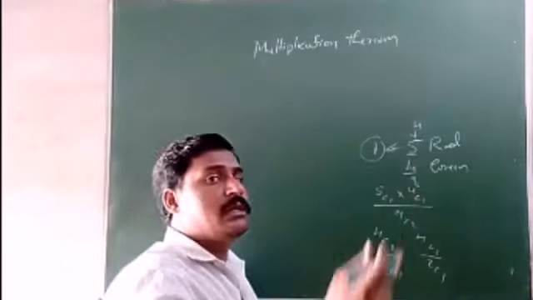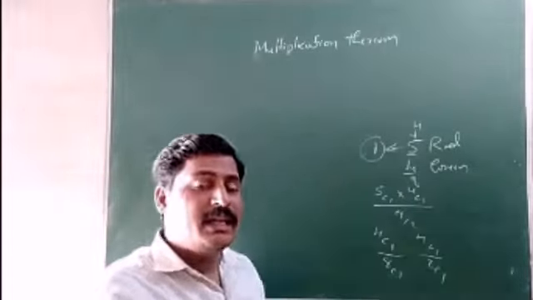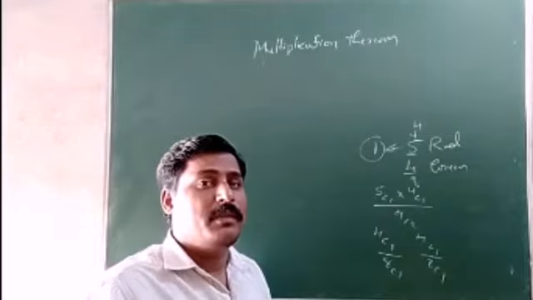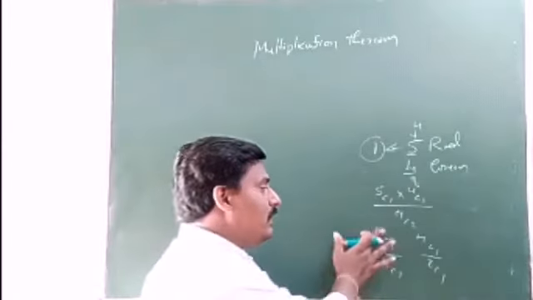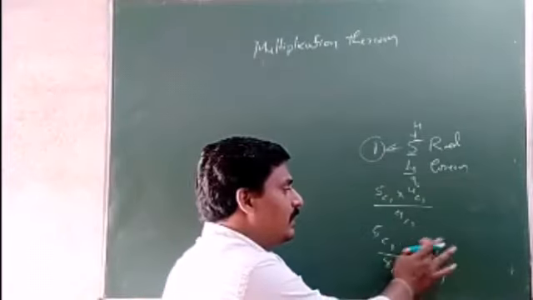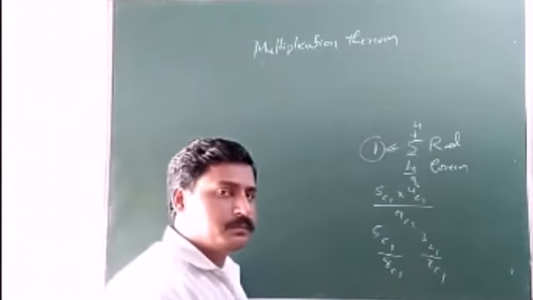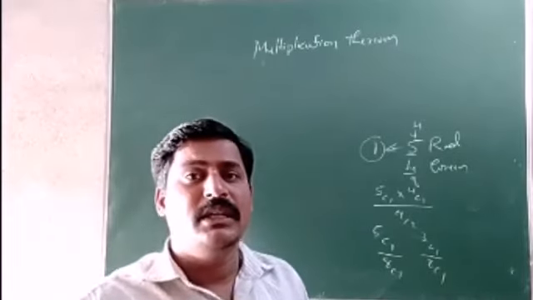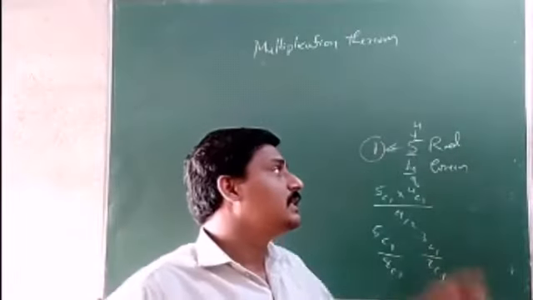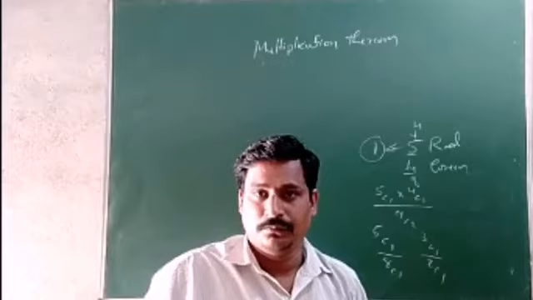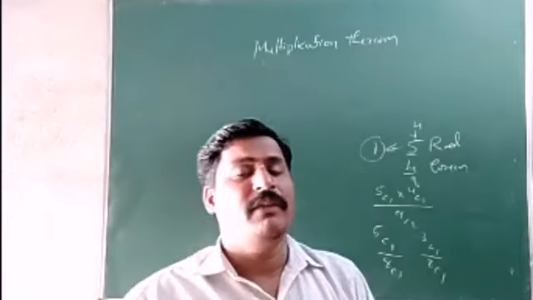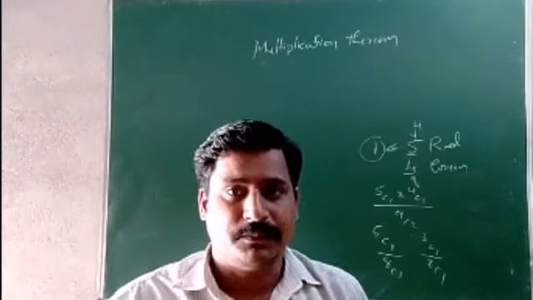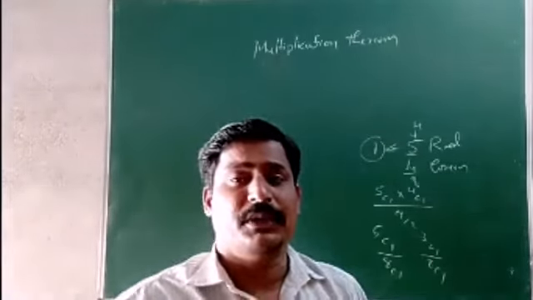Suppose the first ball was green, then without replacement when we pick the second ball, the probability of getting a red ball will be 5C1 and here this will be 3C1. So the result of selecting the second ball is dependent on the result of selecting the first ball. This kind of events we call dependent events.